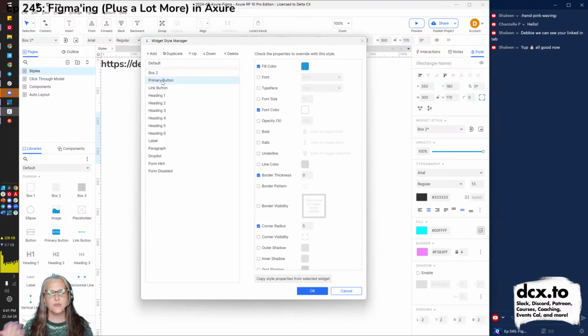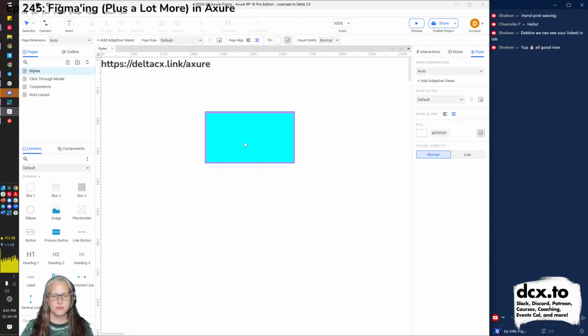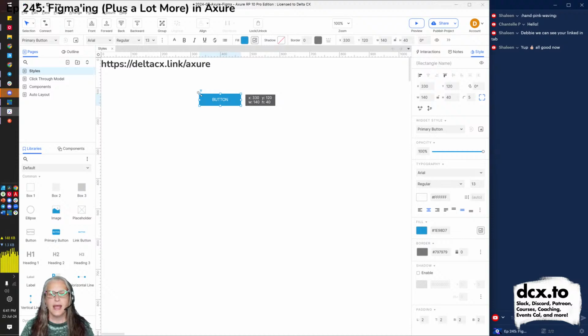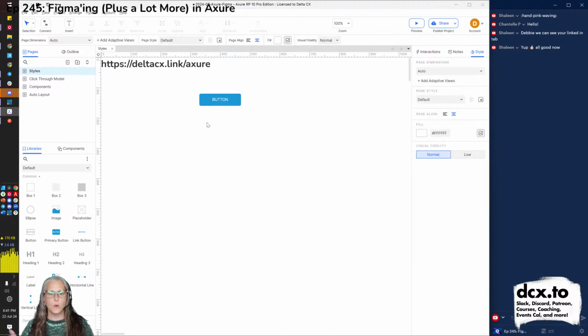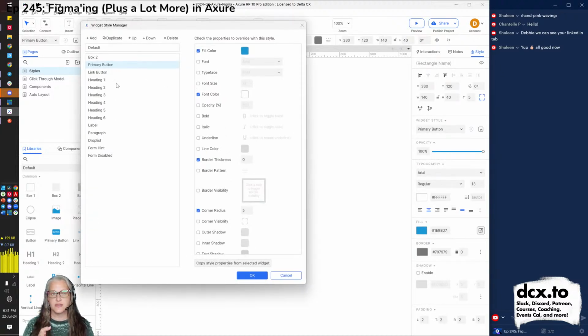So let's say, for example, we have a primary button. By default, the button is a blue button with white text, with no border, with rounded corners of 5. So let's see, what does that look like? That means that by default, we can grab this primary button and drag it out. I'll get rid of this silly rectangle. So I'm just dragging out a primary button, and that's what it looks like. It's got rounded corners. It's blue. It's got white text. And we can go into the global style thing and we can either adjust that, so every time we drag out a primary button it has a different look, or we can make a separate style. I'll show you both quickly.